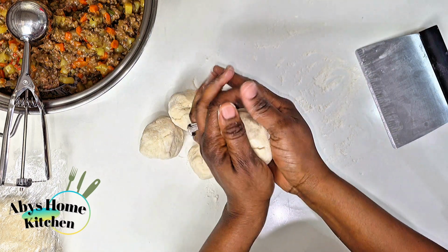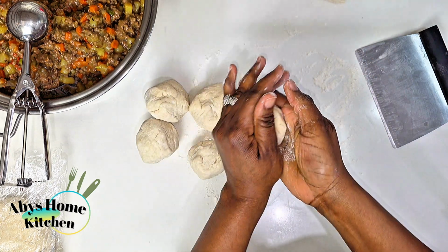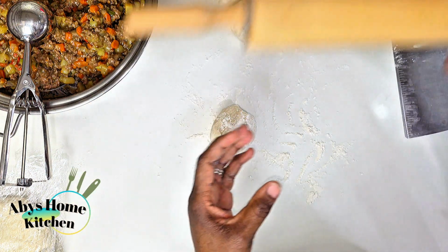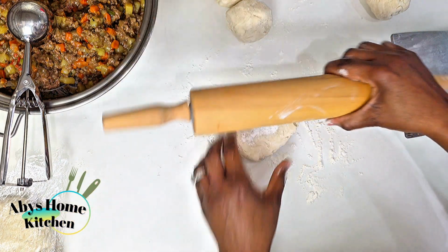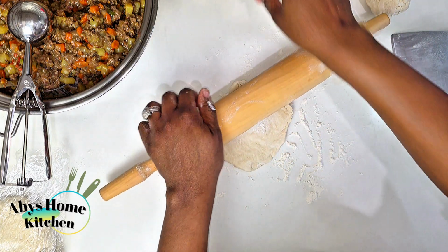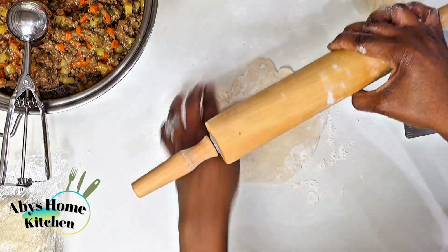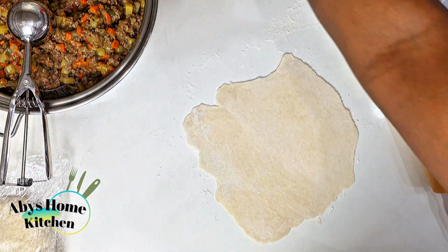Sometimes if you have a food scale, you can weigh this also, just so that you have similar size across all the pies. Once you're done, just add some flour so that it's easy and not sticking. So you want to try to roll it out, spread it so that you have an even edge. Once I'm satisfied with this,